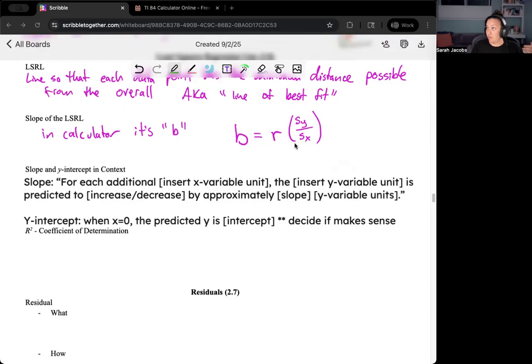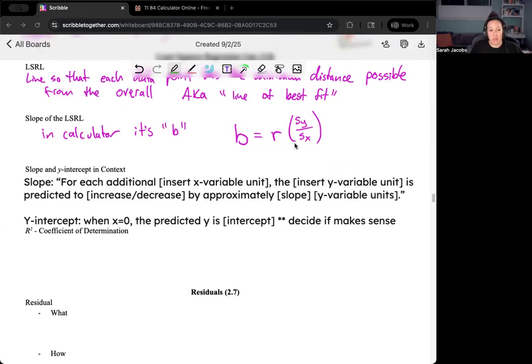But maybe you're modeling something like the number of games won per season on a baseball team. I don't know if there's been a professional baseball team that has won 0 games,